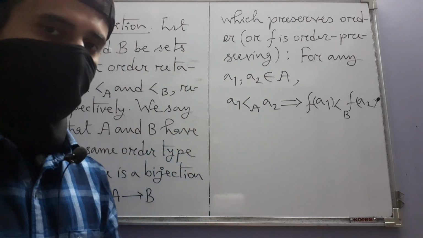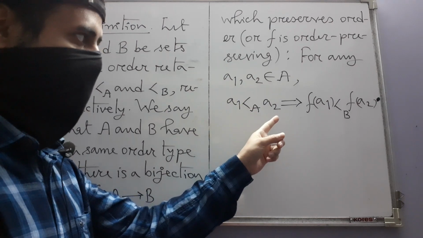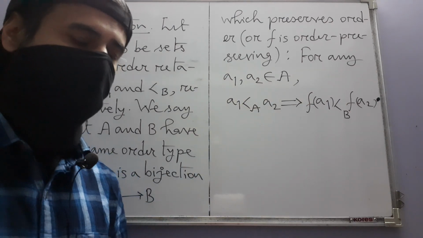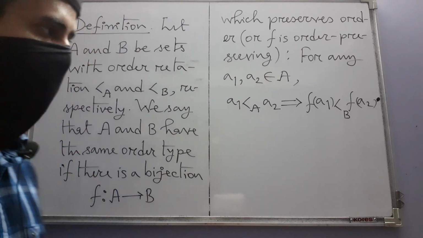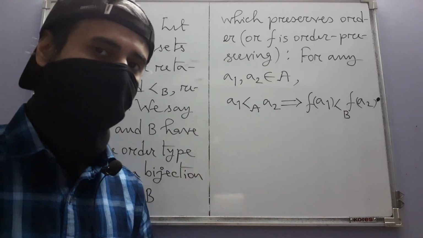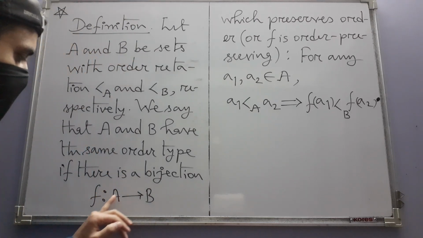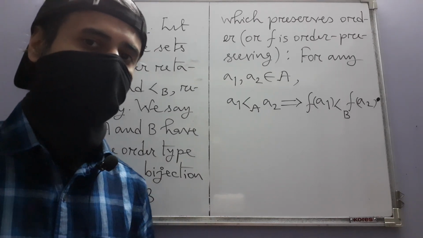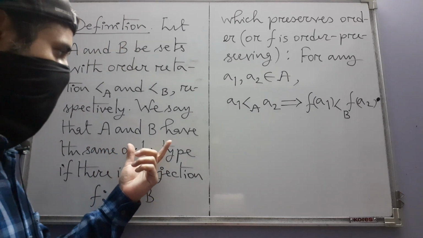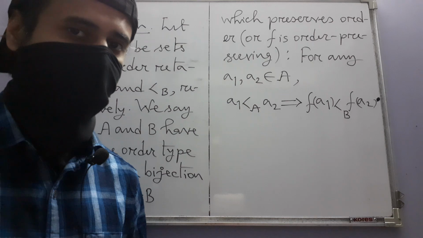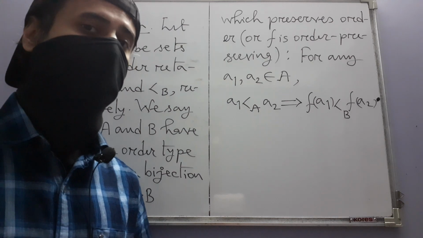More simply saying, if A1 is less than A2, then f of A1 is also less than f of A2. In that sense, f is order preserving. So, if such a bijection, an order preserving bijection exists between two ordered sets, then we say that they are of the same order type. Or as ordered sets, there is no distinction between them. They are order isomorphic,